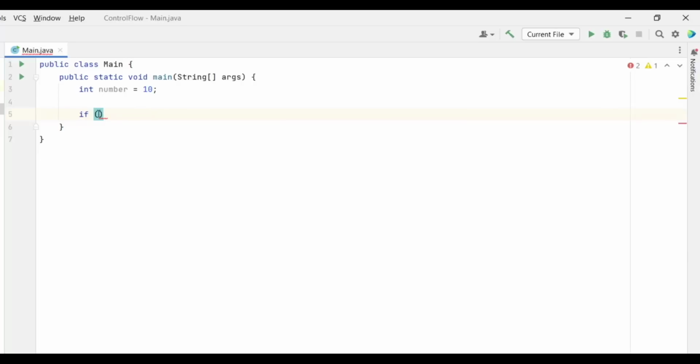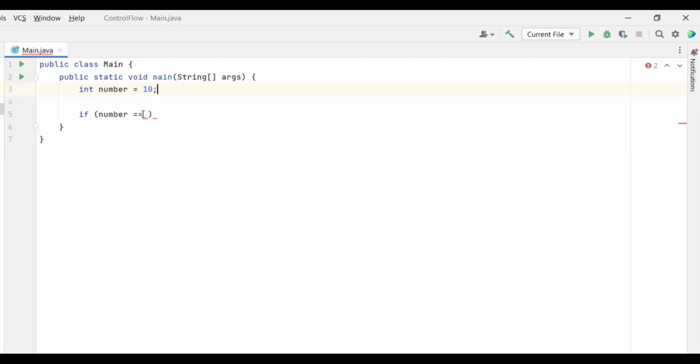Now, inside the parentheses, we define our condition. What condition do we want to evaluate here? I'm going to type if number, the variable that we defined above, and now I'm going to use an operator called equal to. So we put two equals signs. This first equal is called the assignment operator, because it's assigning what is on the right to the variable on the left.